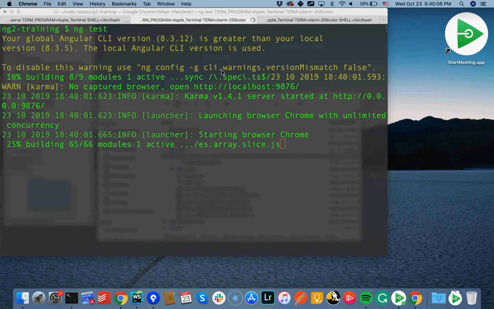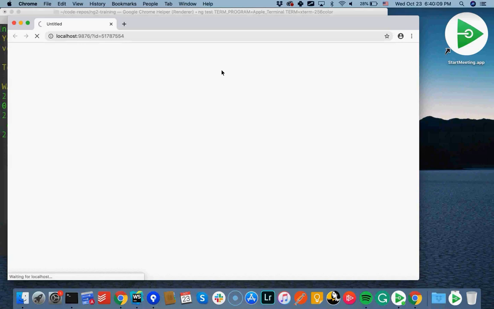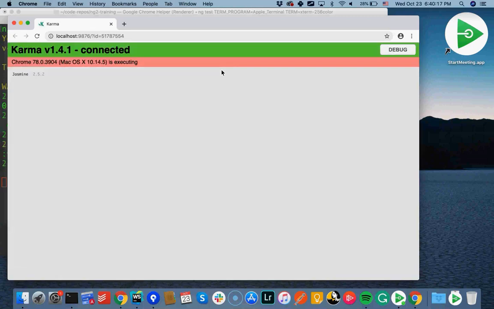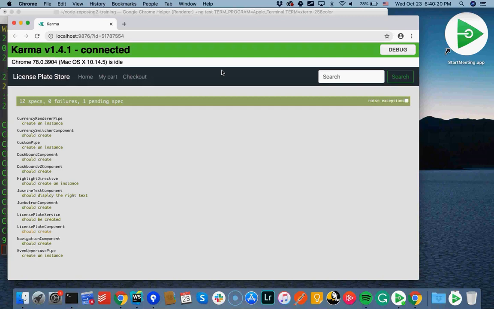So Chrome is showing up now. Run the test in it, and then complete or fail. Probably fail. So I messed with the code quite a bit here. Oh, actually everything passes. Wow. That's good. I should take a picture of that. This never happens. So I have 12 unit tests. All of them are passing. That's great. And this works just like ng serve. So if I change my code or add a new test, it will see the change, recompile, rerun in the background, and update that report live. So yeah, that's pretty good.